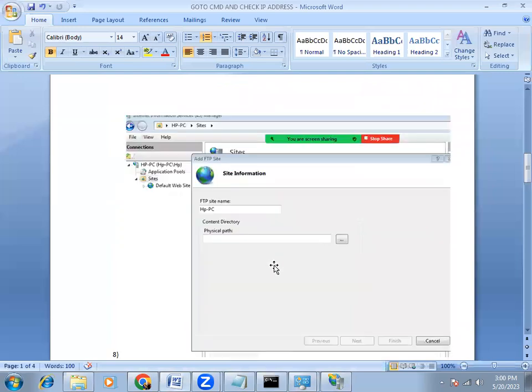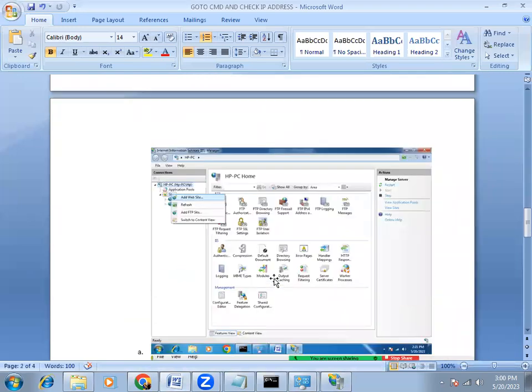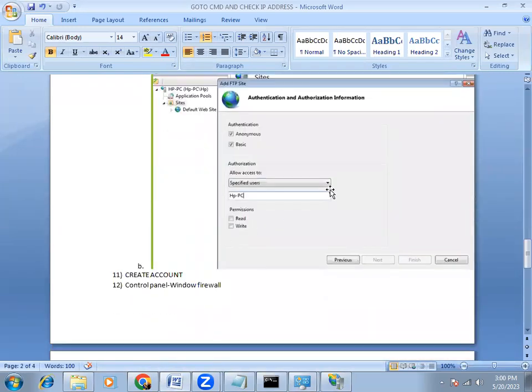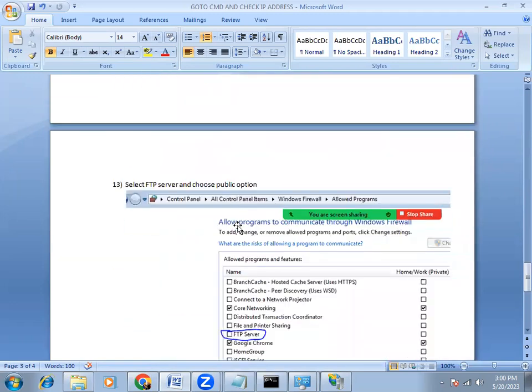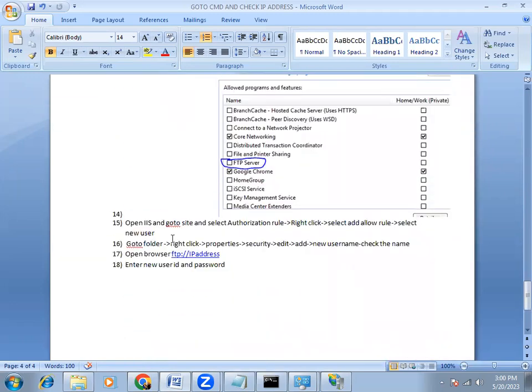Let's go back to the manual. What it is saying now. So this is done. The site is done. This is also done, right? FTP server we had enabled it, and now